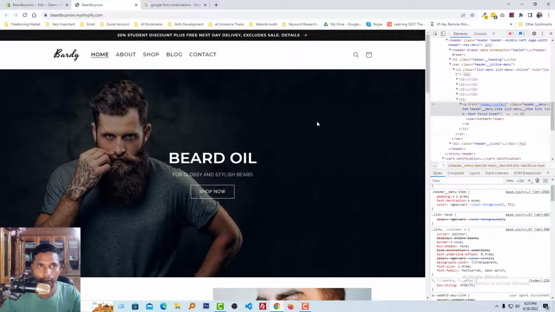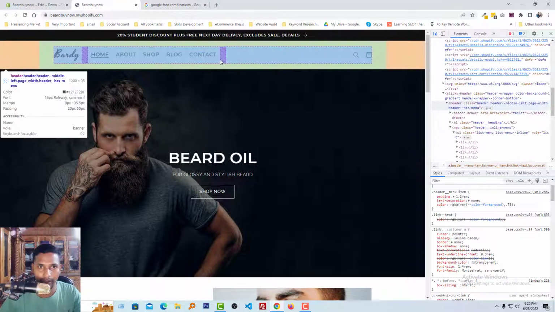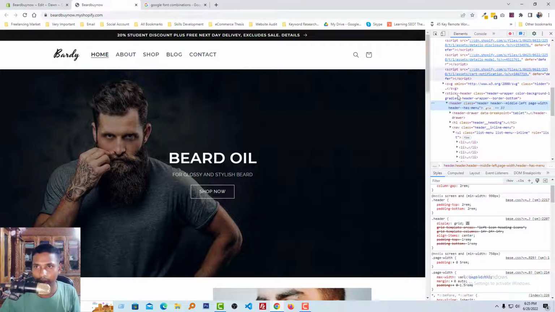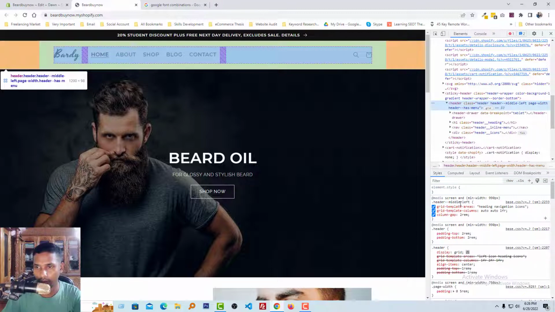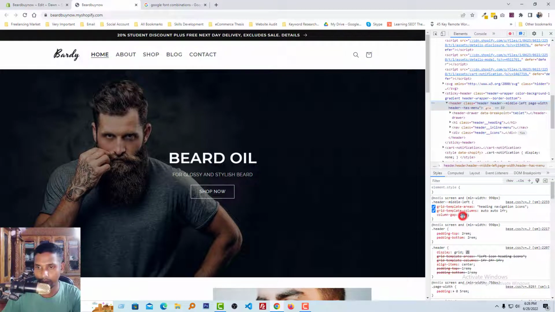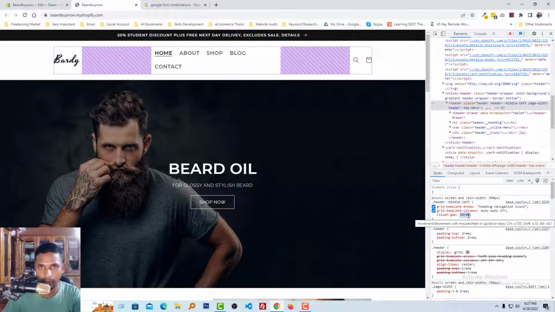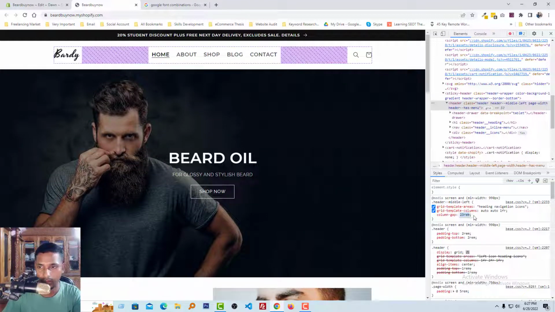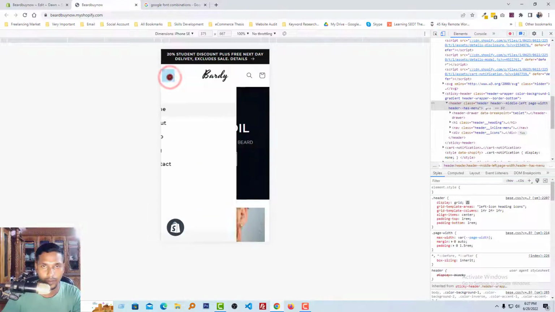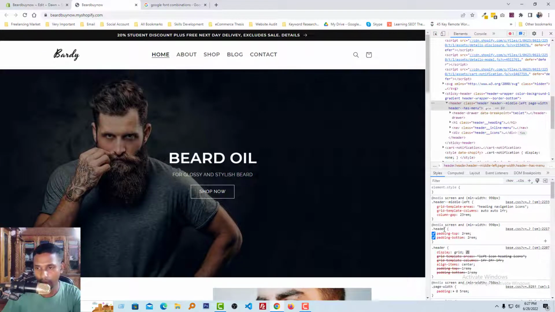Now we have changed the font in the website, or in our store, and we are going to center this menu. For that, first I select the header, then nav, then make the column gap 23 rem. Okay, and